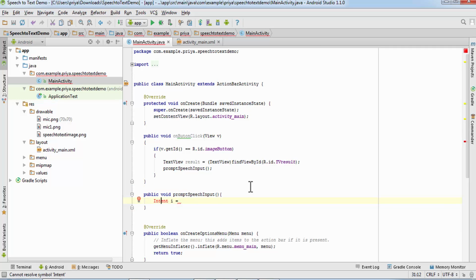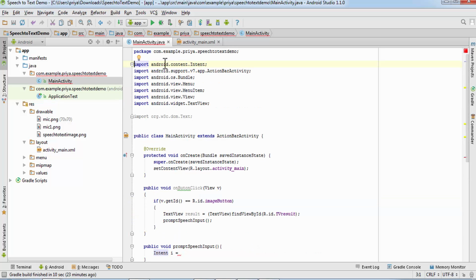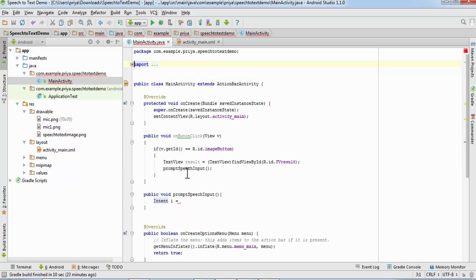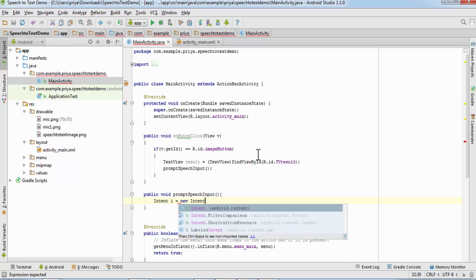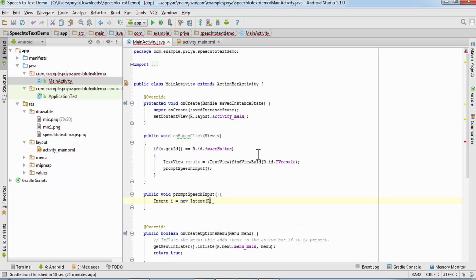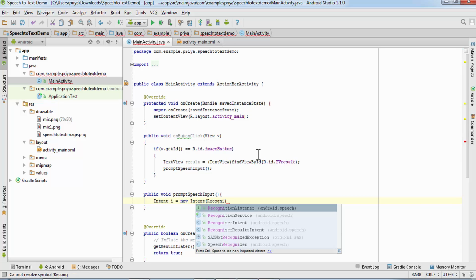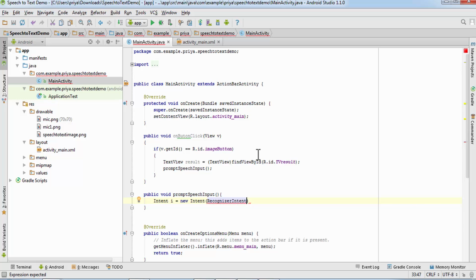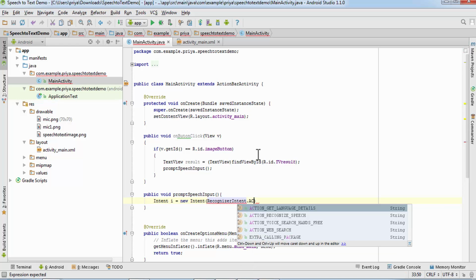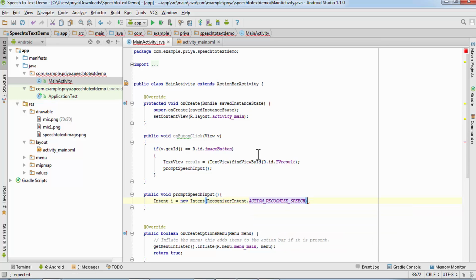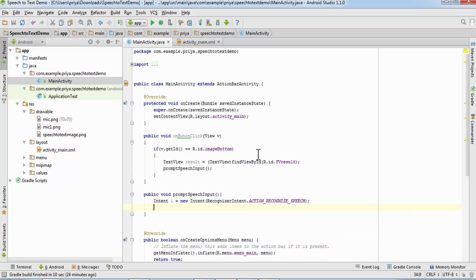So I'm going to hit Alt Enter and it will import the class here, android.content.Intent. So Intent i is equal to new Intent, and the intent I'm going to use is RecognizerIntent.ACTION_RECOGNIZE_SPEECH. So what this intent is going to do is it is going to recognize the speech.